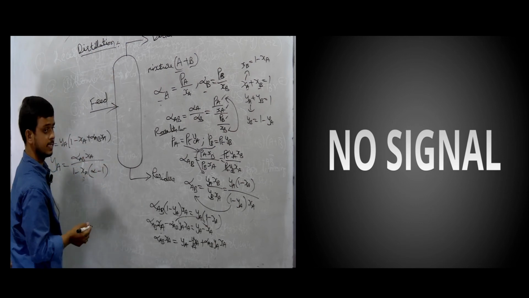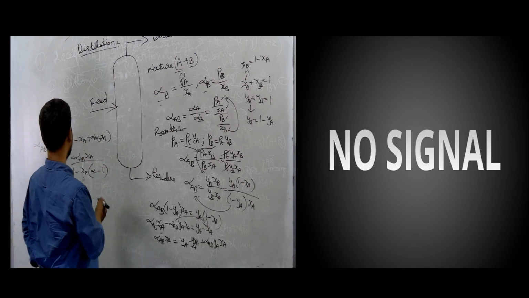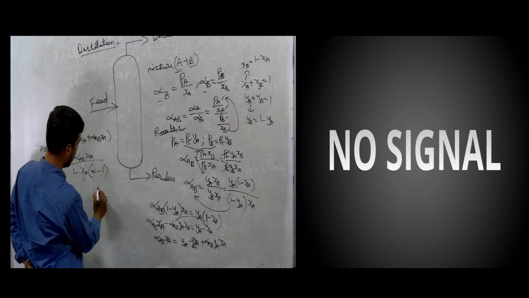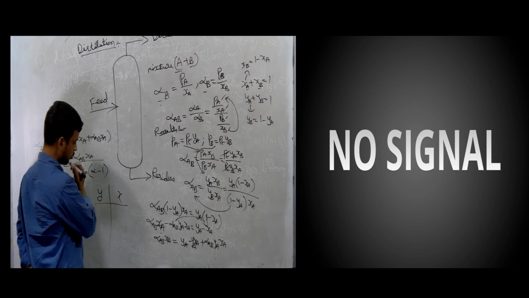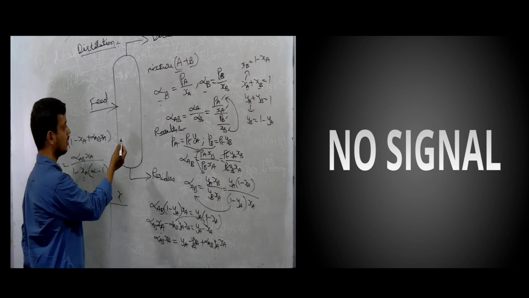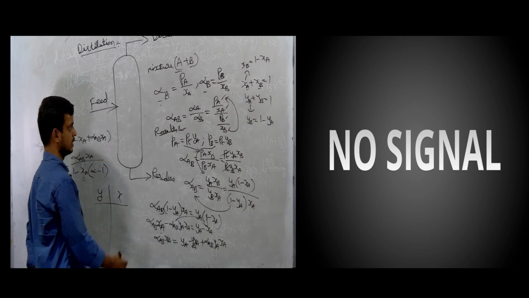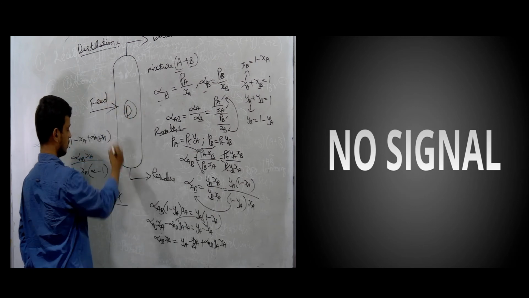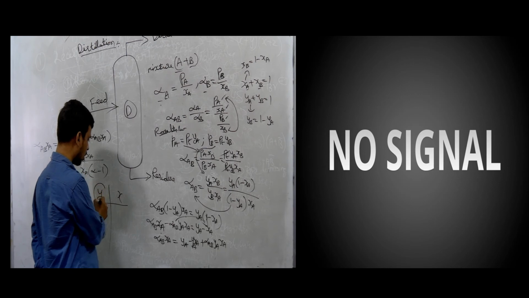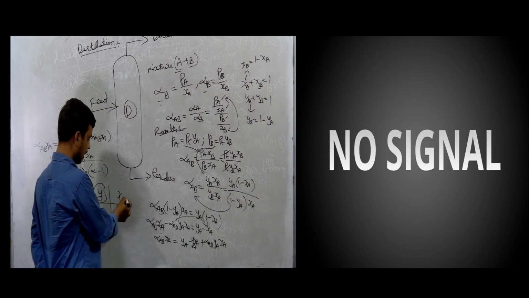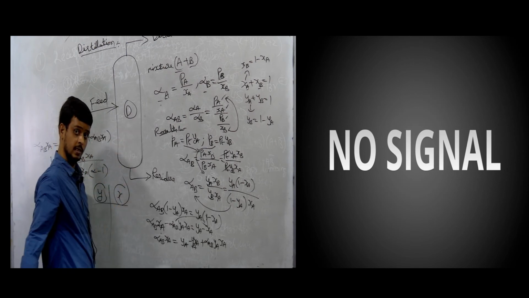Usually in distillation problems, there are two types of data required. One is Y and the next is X data. Using this equilibrium data, we can evaluate how efficient the distillation column is. Usually during experimentation, we find the mole fraction of the more volatile component in the vapor phase and the mole fraction of the more volatile component in the liquid phase.